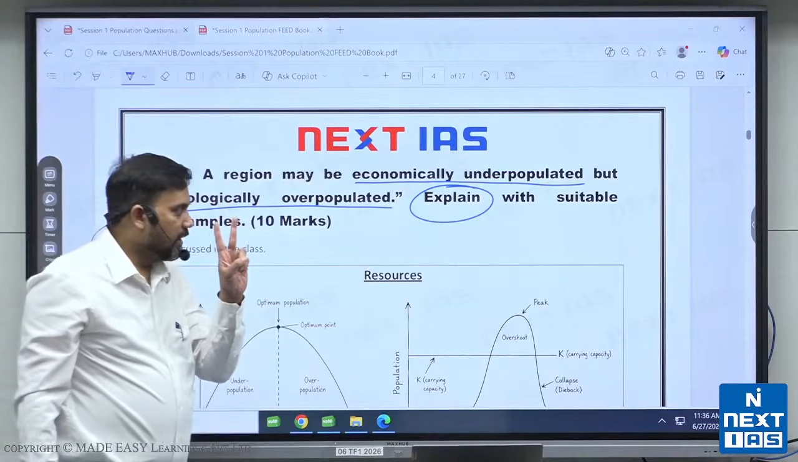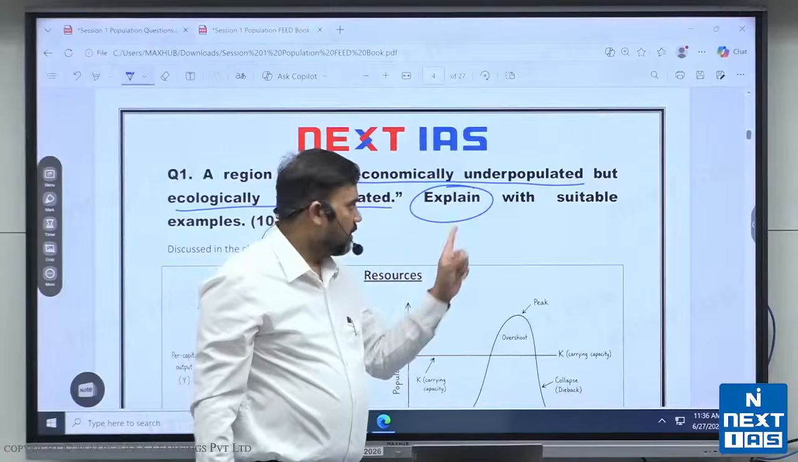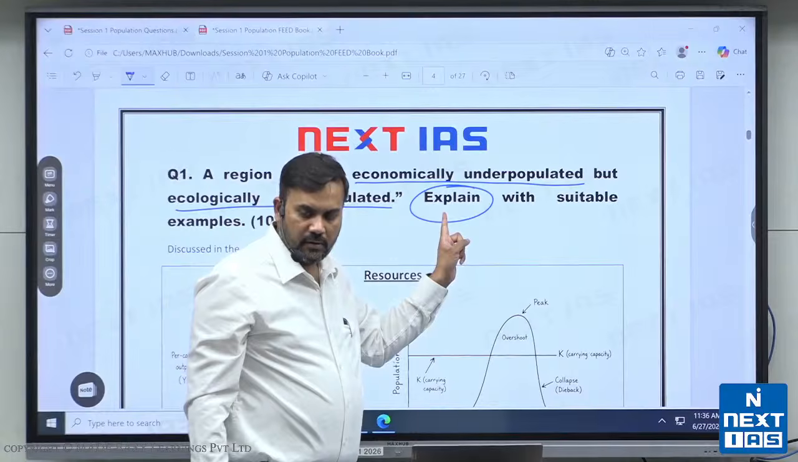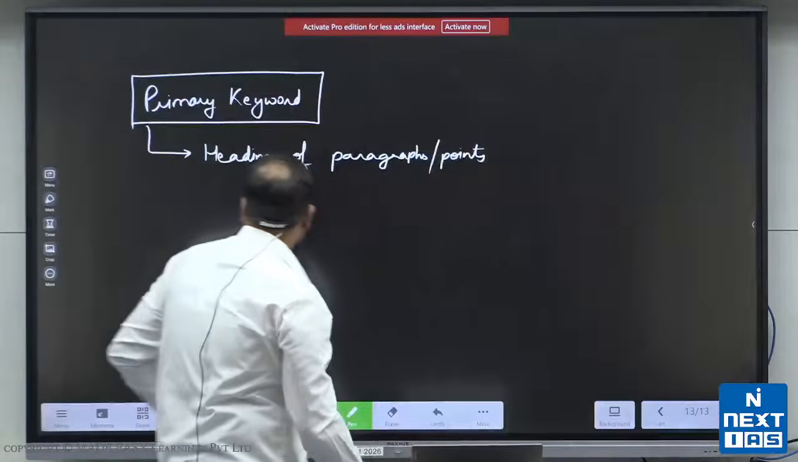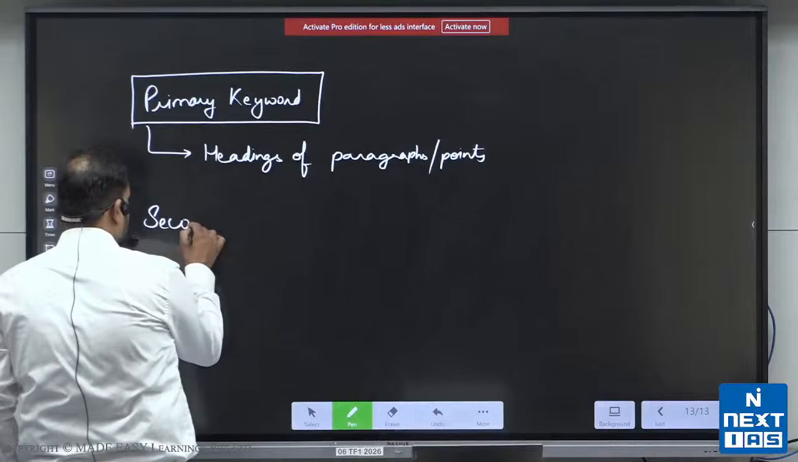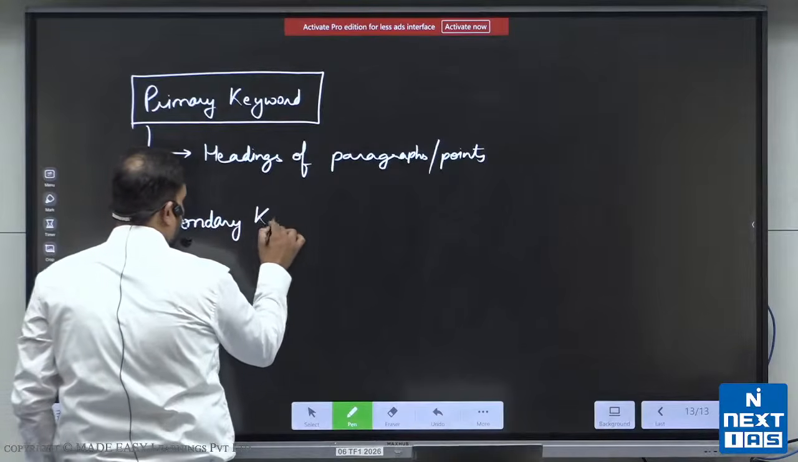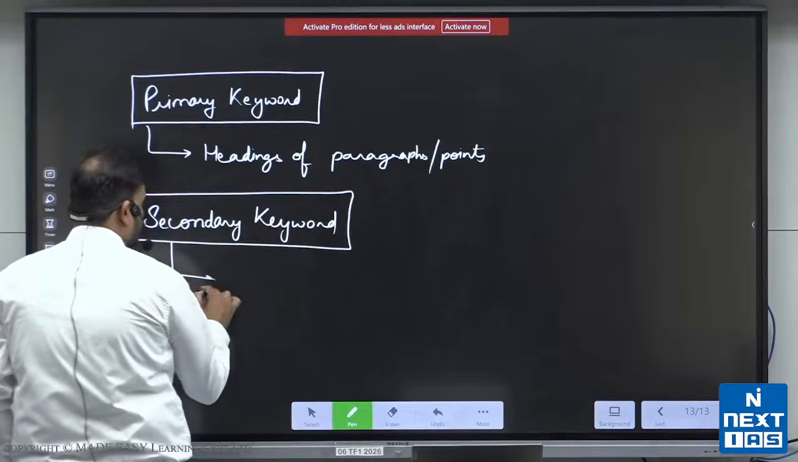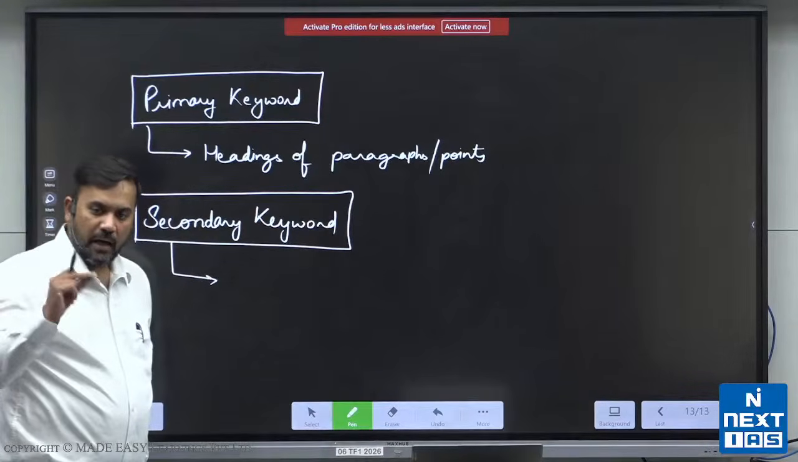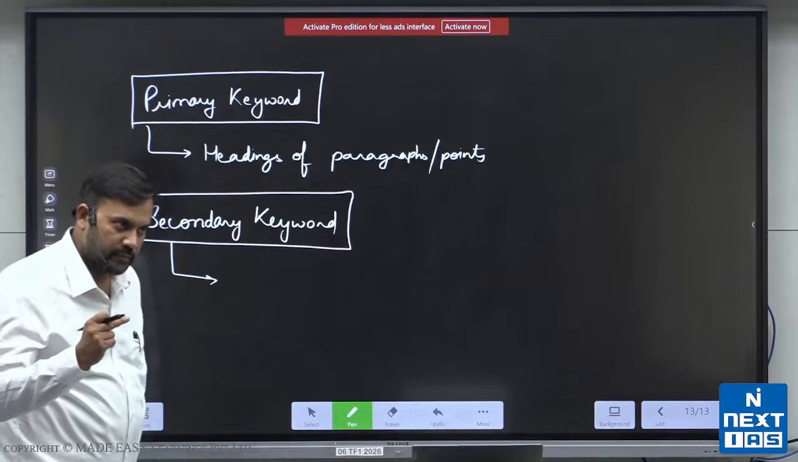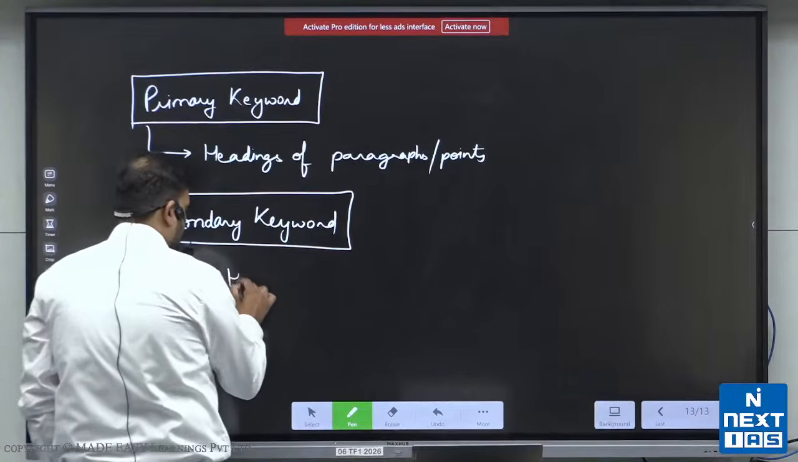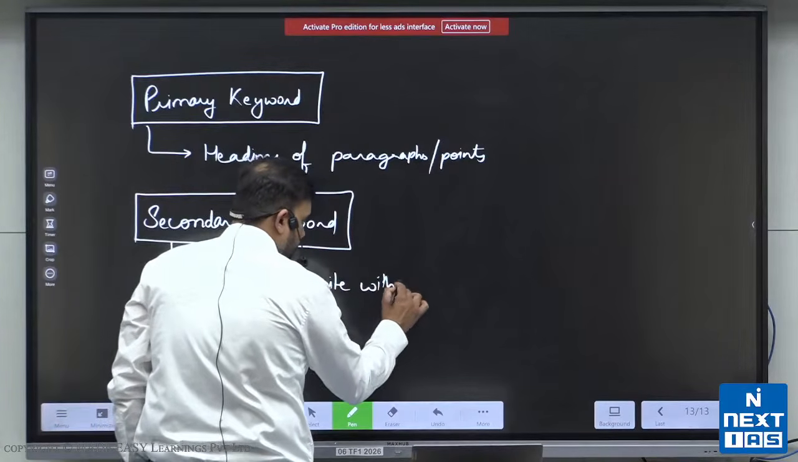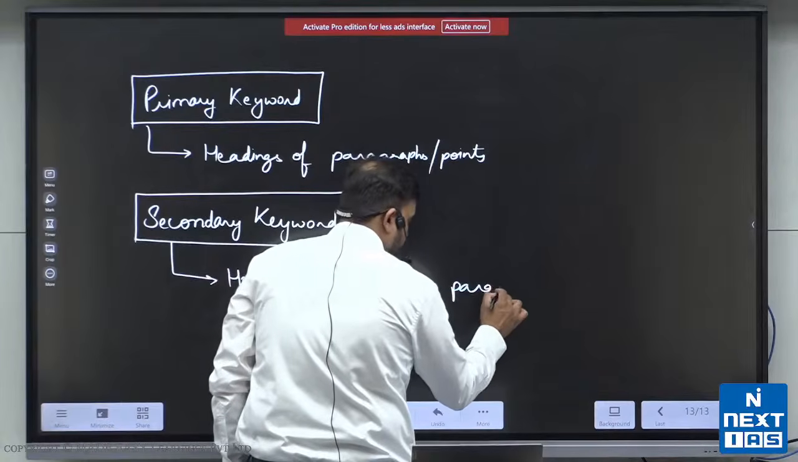Second type of keyword is secondary keyword, like here it is explain, ठीक है. Here it is the explain. So there is secondary keyword, and what does the secondary keyword do? Secondary keyword tells me how to write within the paragraphs, ठीक है. It tells me how to write within the paragraph,